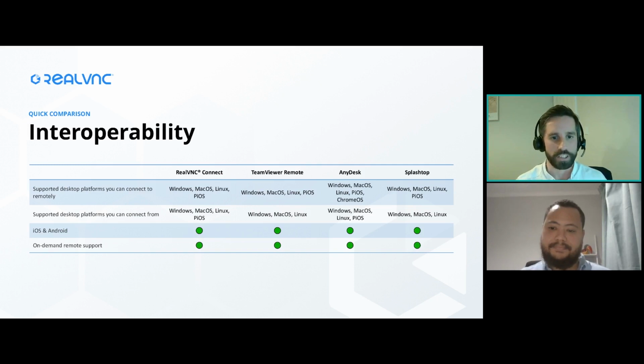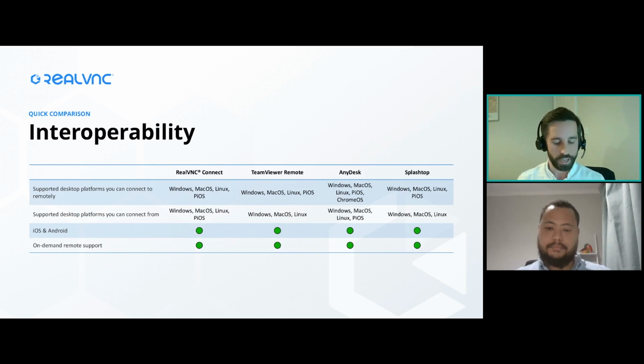So you can see there's a lot of green in there, as you'd expect. Most vendors are going to want to support as many operating systems as they can. But it's about what they can do once they've actually got support for that. So if you've got a diverse operating support group, then you're going to want a solution that does all those things to a good standard. So if you're looking at